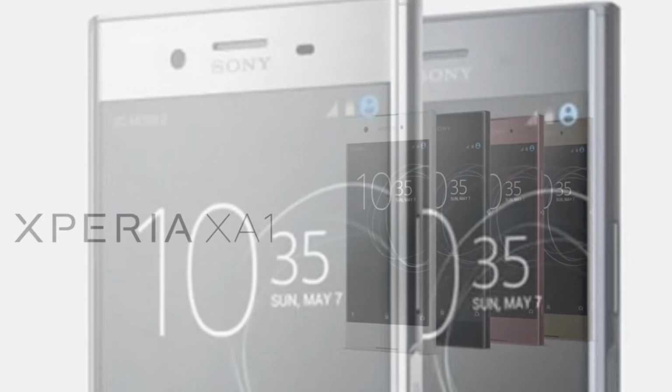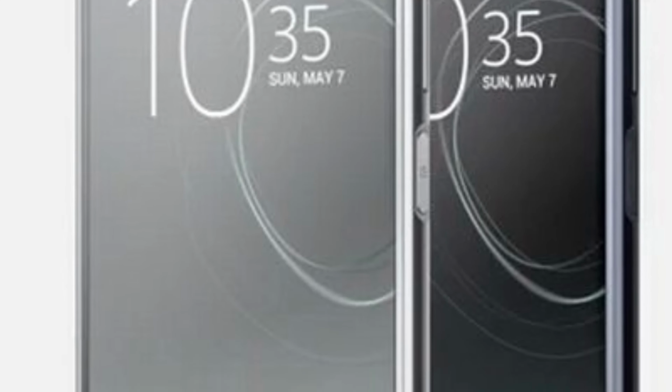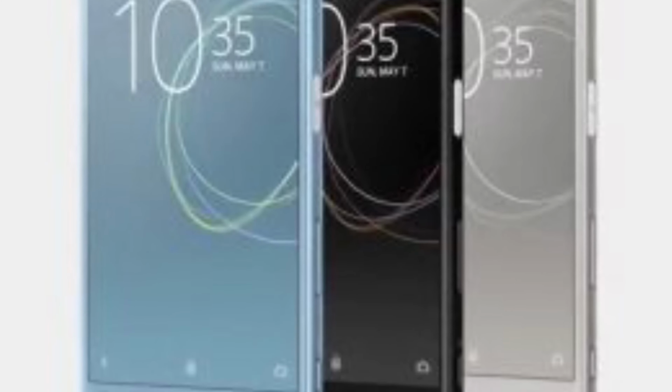Sony announced the new Xperia XZ Premium, XZS, XA1, and XA1 Ultra. The XZ Premium is a premium version of the XZ and the new flagship smartphone. The XZS will be an updated XZ with the new Motion Eye camera and some other changes. The XA1 and XA1 Ultra are the new entry-level smartphones, and they will be successors to the XA and XA